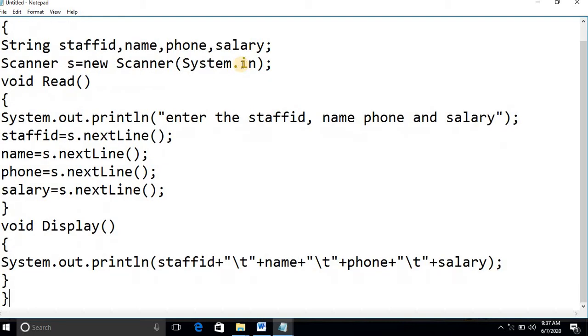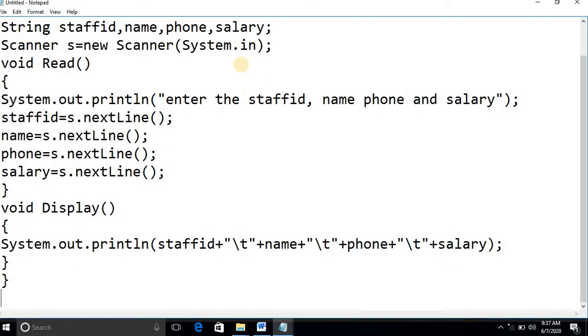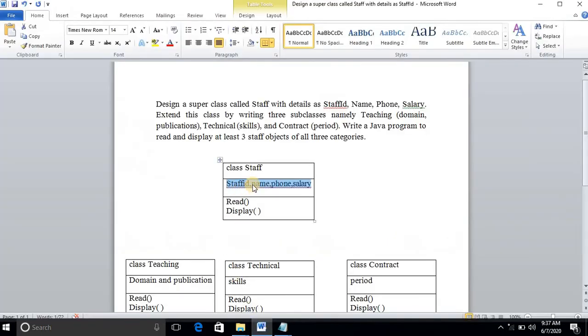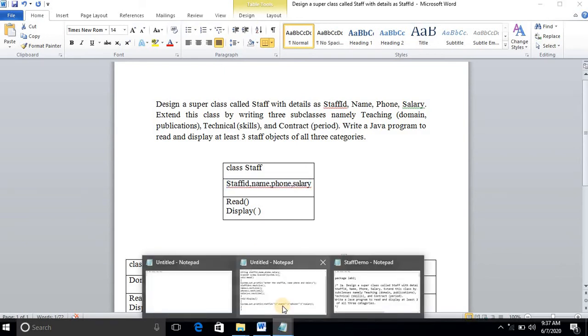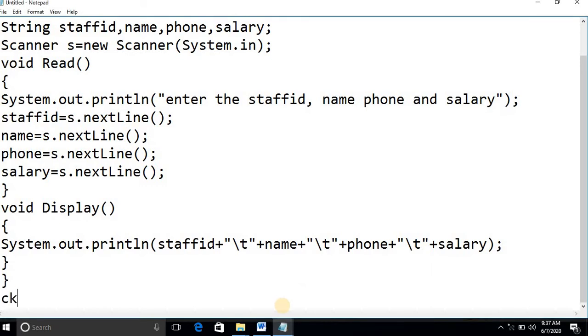Over. Now the Staff class is a base class. Now which are the subclasses of Staff? We have three subclasses: teaching, technical and contract. So if you understand how to define one subclass, the remaining two will be very easy. So we'll see the subclass.